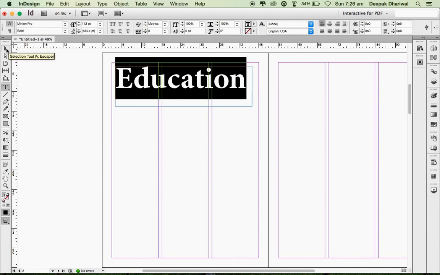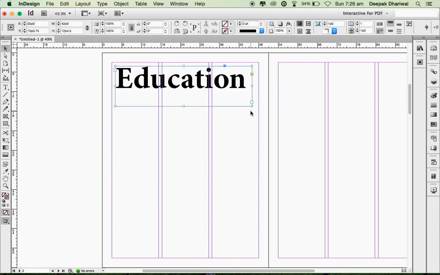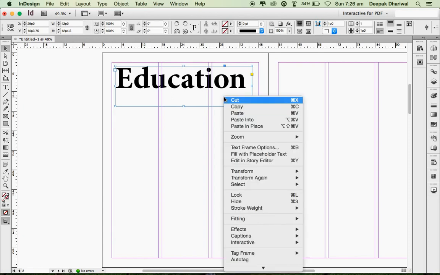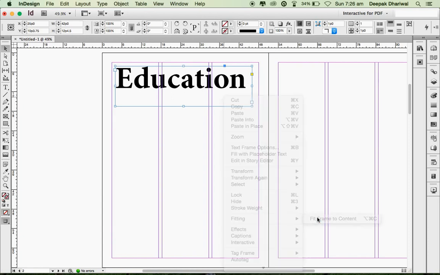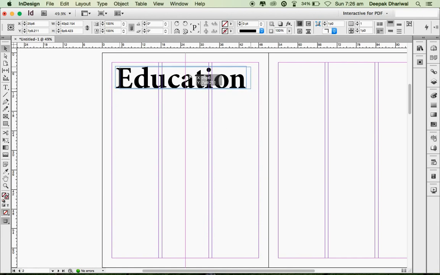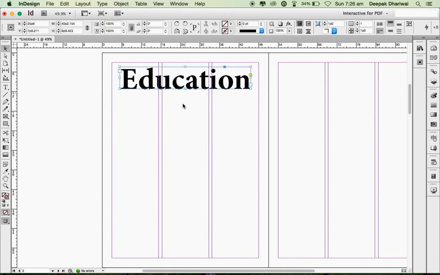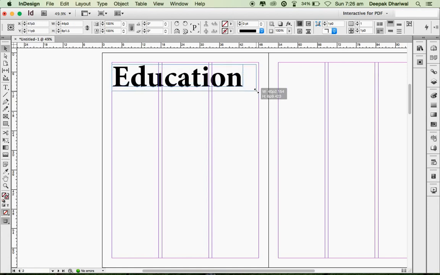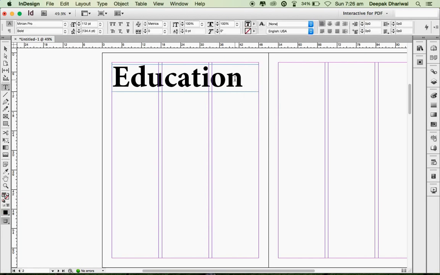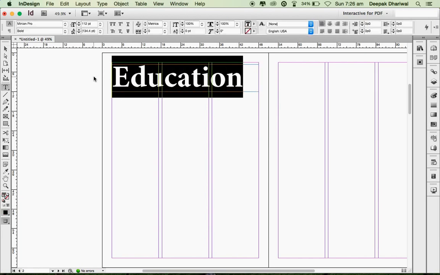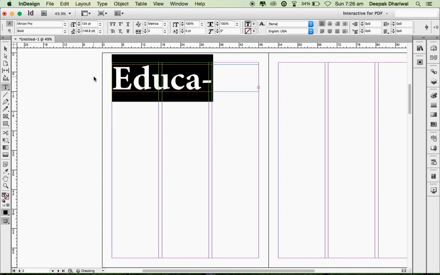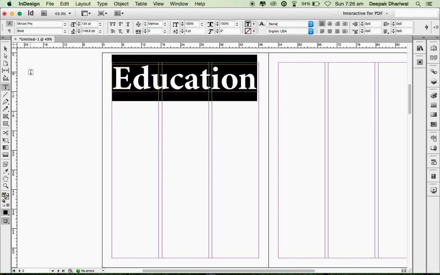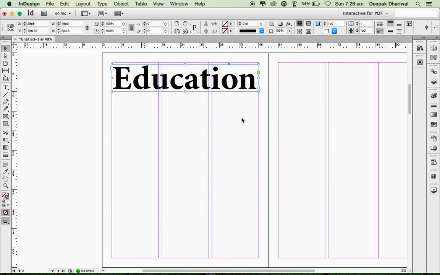Alright, take move tool, or you can simply hit escape key. Again, fitting options, or you can use the Control Alt C as the shortcut key for the fitting options. I think we should keep it from this edge to this edge, and select the text, Control Shift greater than, less than. Okay,